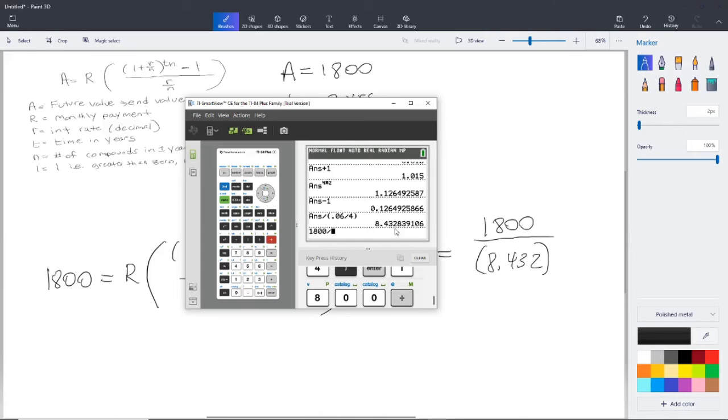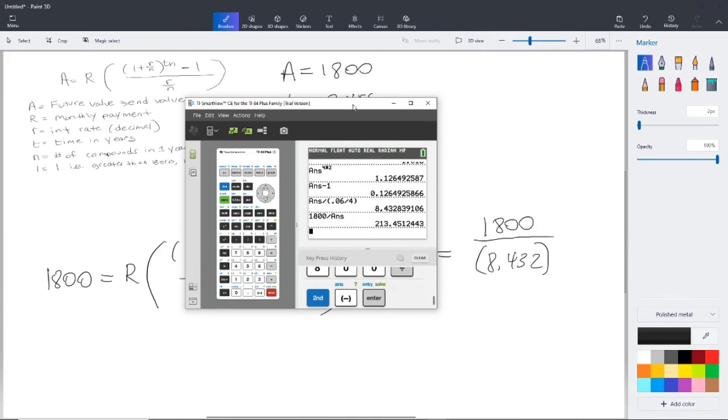Now we could put in 8.432, but we want to put the full decimal in. Let's use the power of our calculator to get this in here. So we're going to first hit the second button, and then we're going to hit the negative sign. And that's going to say ans. And ans is always the last answer we just had. And so this is going to do this division for us. And we get to say enter. And the answer is